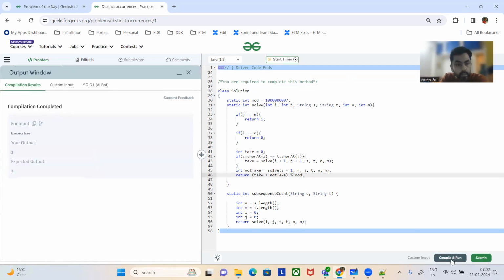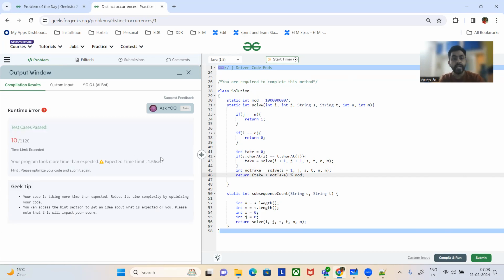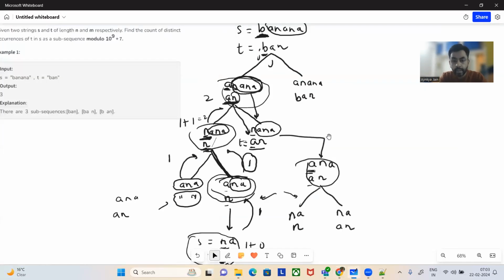So now let's run this. Let's submit it. Mostly it is going to give us TLE. Let's see. Time limit exceeded. Yes, we've got time limit exceeded because we have not solved the problem of repeated subproblems. So I mentioned, when we come here,